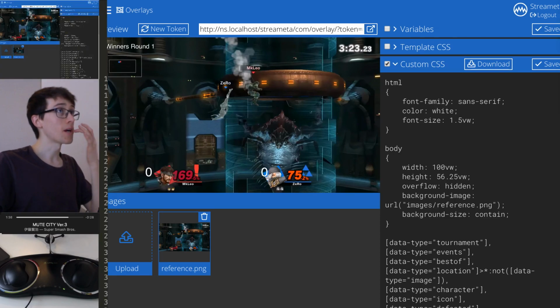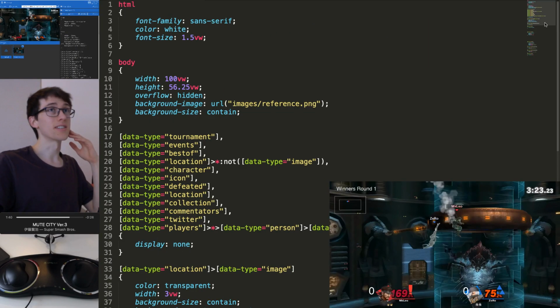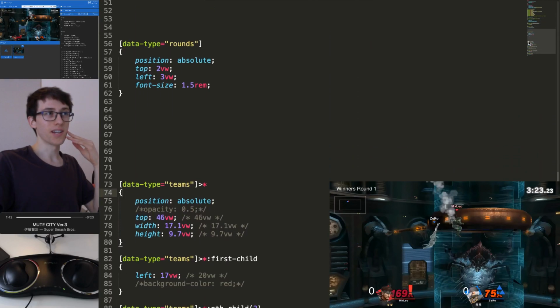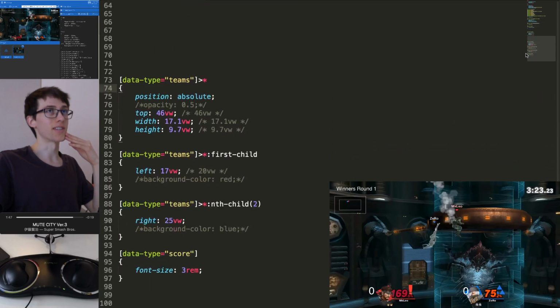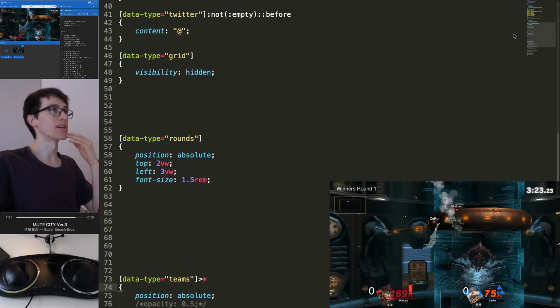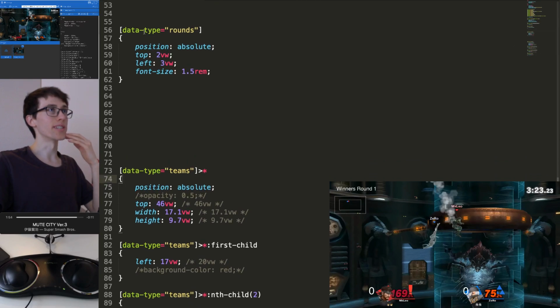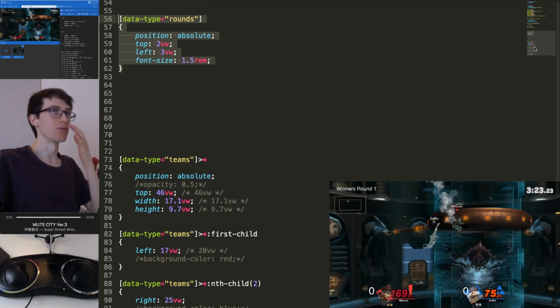So firstly, this is the code that we left off with last time. And basically this is not scene specific code, even though some of it should be. Because maybe on the commentator scene we probably don't want to show the round, because that's when the round would be changing. So what I'm going to do